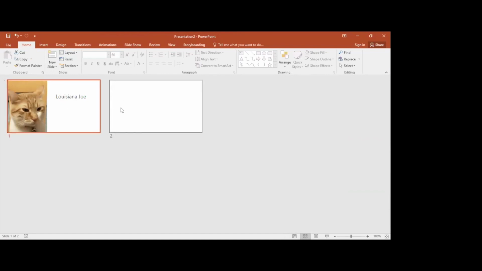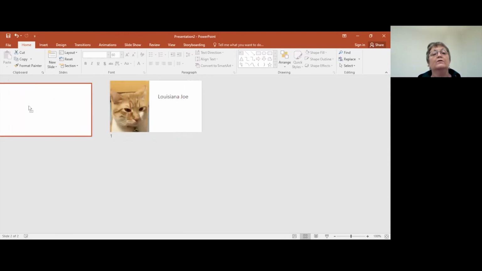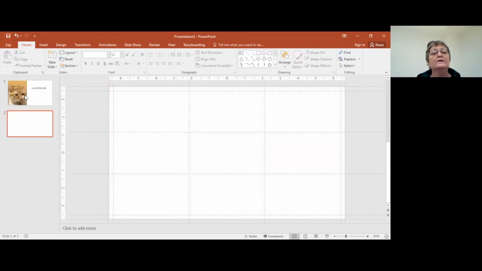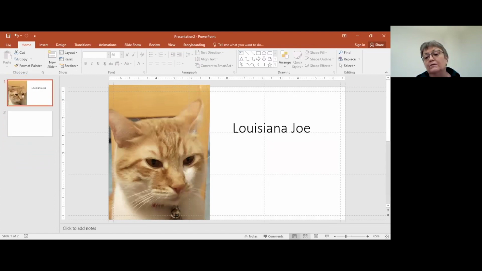The slide sorter is a way for you to rearrange slides. If you don't like the way they look, like this slide, I can move it over here. I can move it here. Especially if you have a lot of slides, you're going to want to go in the slide sorter because you can, I'm going to go back, I'm going to get out of the slide sorter. You can slide sort from the navigation pane. If I wanted to, I could sit there and move this over too. But it's much easier to do it in the slide sorter. And the slide sorter is down at the very bottom of your screen, right here. It looks like four little